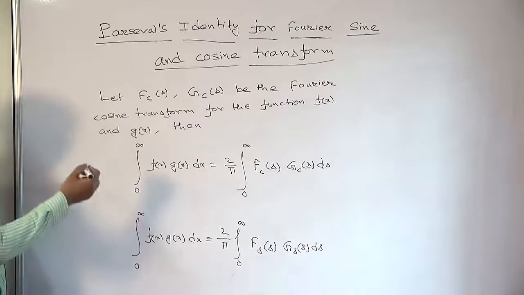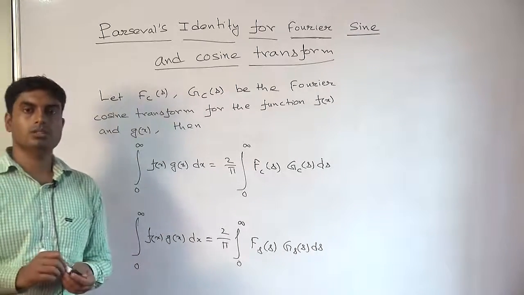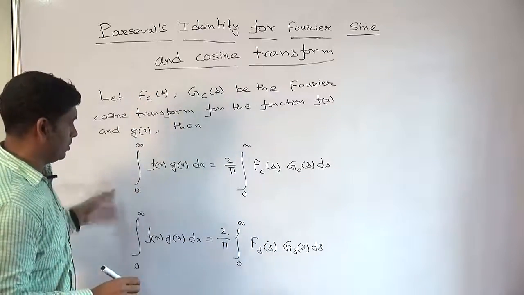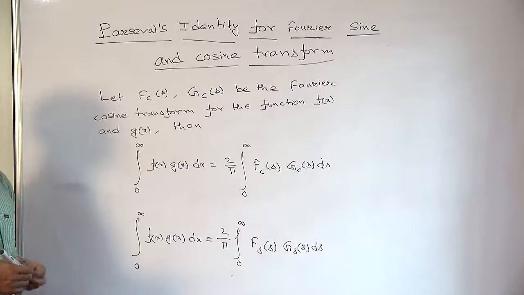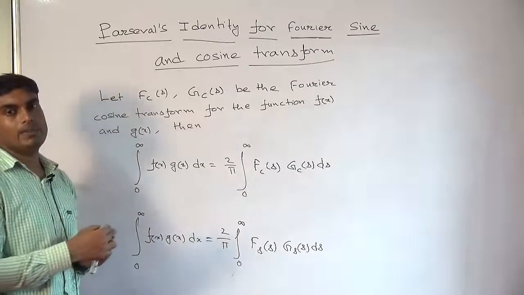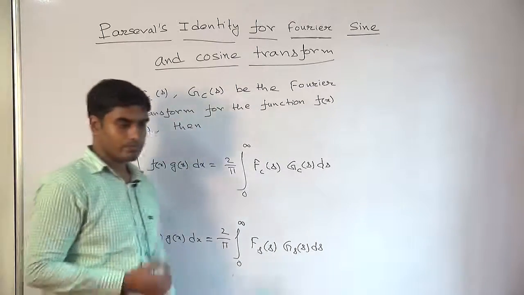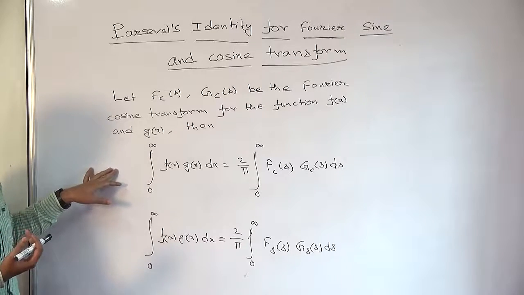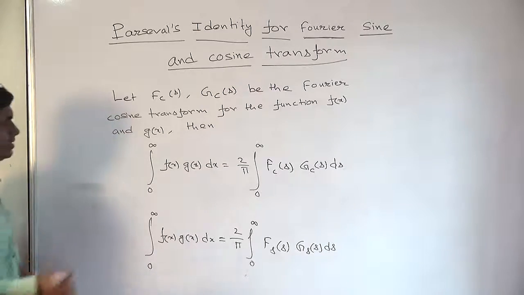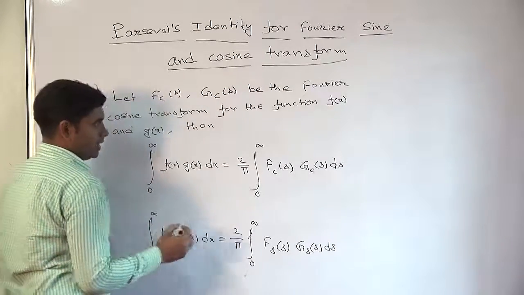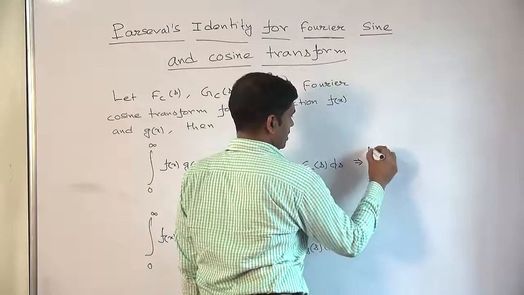Now this identity will help us find some sort of improper integral. We will now see how to find an improper integral using the Fourier transform. Like the Parseval's identity for the Fourier transform, similarly, if here also f(x) equals g(x), then this equality becomes the integral from 0 to infinity of